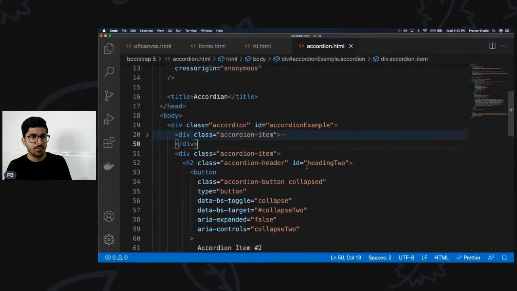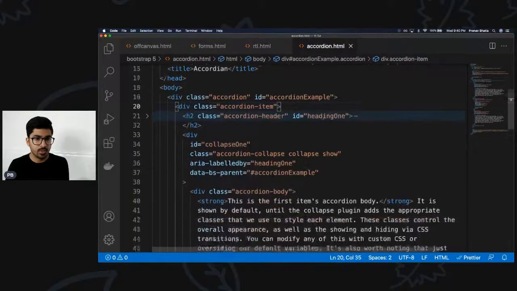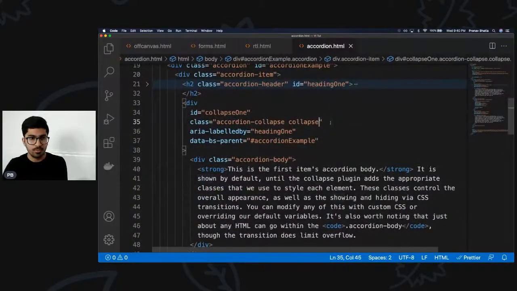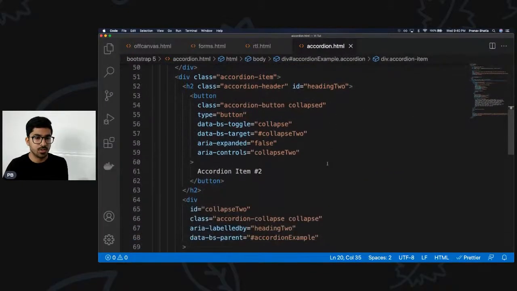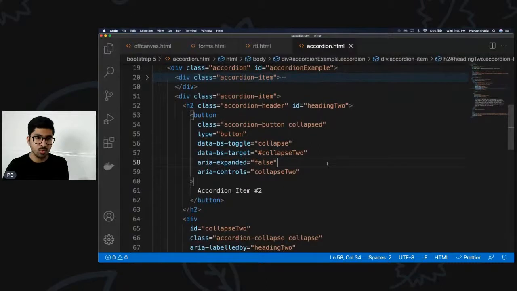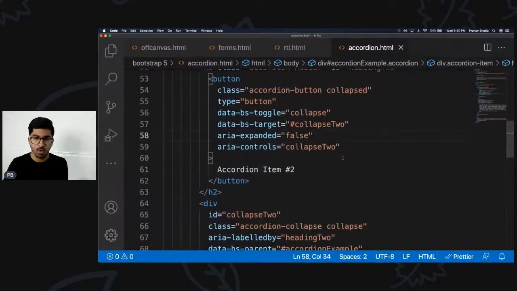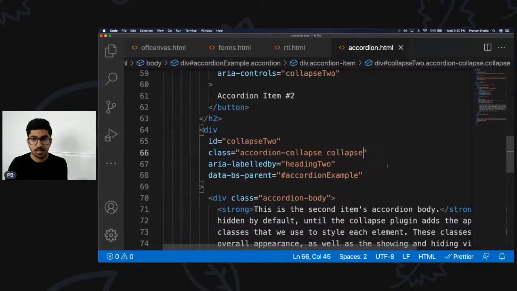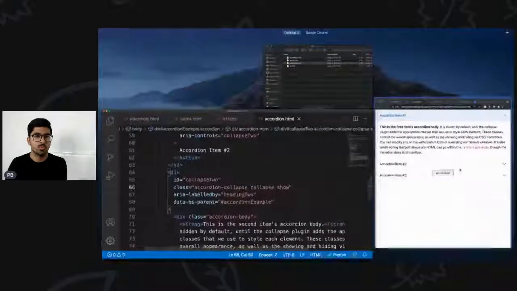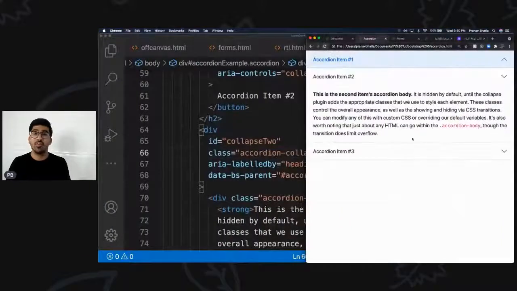Let's experiment with that. I'll go to the first one. I'll remove the show, right? Just minimize this because it is too zoomed in for me. Maybe I'll zoom in more for you guys so that you can see it properly. I'll go to the second one and I will just write show. Let's see what happens. If I refresh now, you see the second one is expanded by default and not the first one anymore. So show is a very important, very useful utility class, which we can define which accordion should